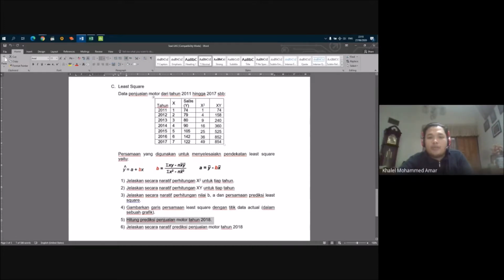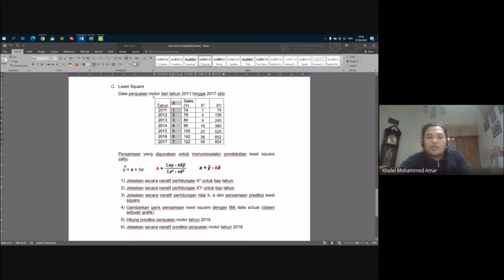As we can see from the sales data here, the sales is always increasing, but at the end of the year it's decreasing. But actually the trend for this data is increasing, so we can use the least square method. So first, this is the data, this is the year, and we code the year into x1 until x7.